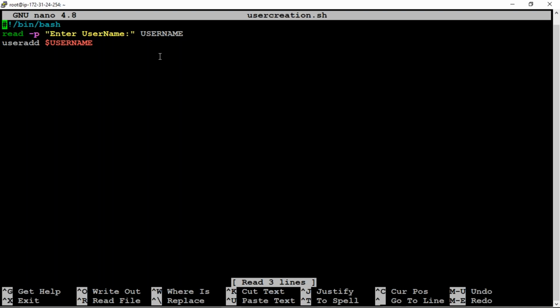Now in the same way, you can create a password also. Will you try that one? I have just created a user by using input, by using read prompt. In the same way, can you create a password file? Just a small modification in this code. No need to create one more file, or else if you want to create one more file, you can do that. So how to create a password?